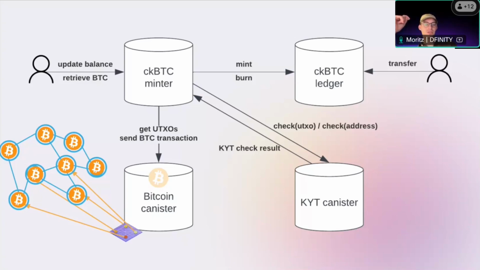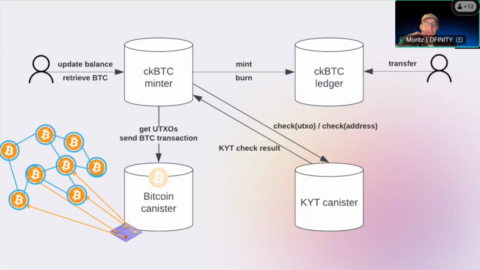I think it's currently roughly a cent or a little bit less than a cent. I think the fixed price is 10 satoshis, but I'm not sure how much currently 10 satoshis are. I think it's less than a cent. While on Bitcoin, if you were to make a native Bitcoin transfer on the Bitcoin network, that would definitely cost more than 10 satoshis. So if you use this kind of scheme,